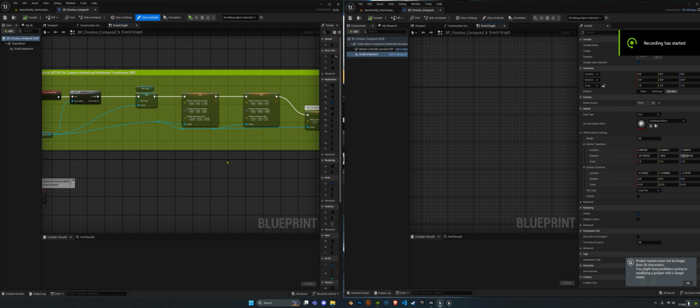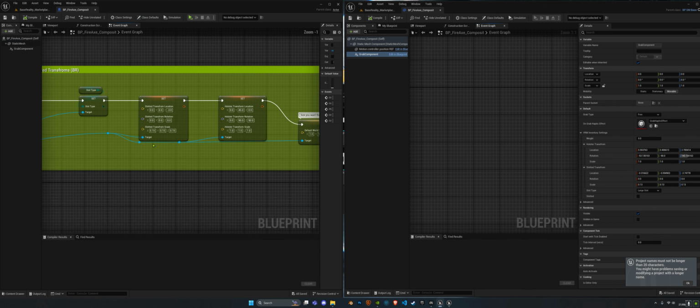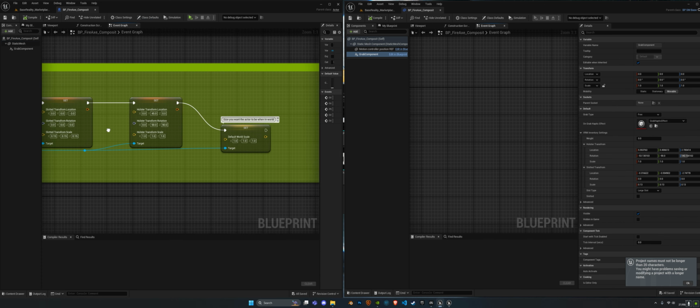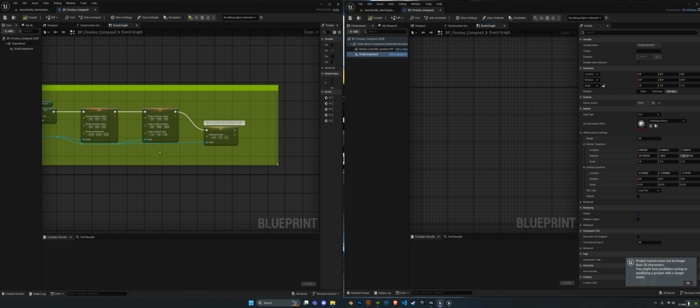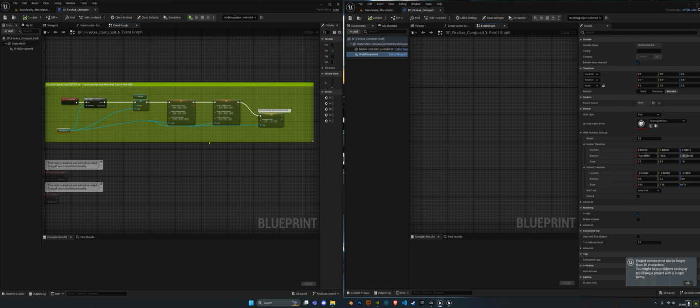So the first major improvement is that in the previous version you had to set independent slot transforms and holster transforms and the slot type per actor by pulling those values from the grab component in the graph and setting them manually, as here on the left. This was really user unfriendly and tedious and just unnecessary amount of work, so I've just scrapped that entire system,